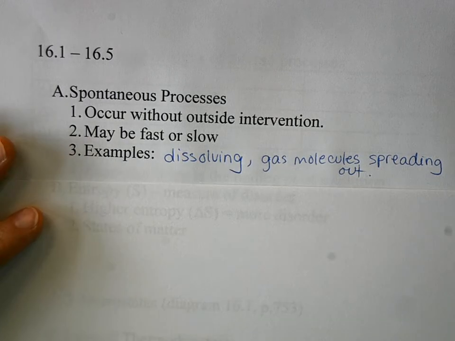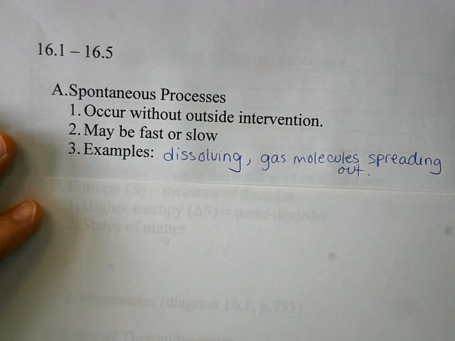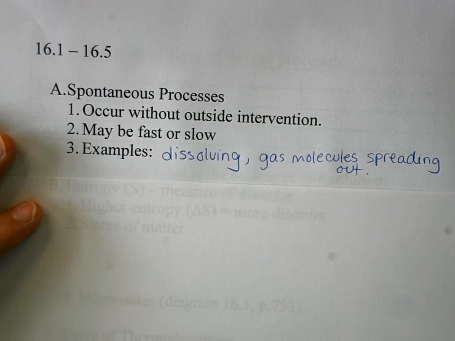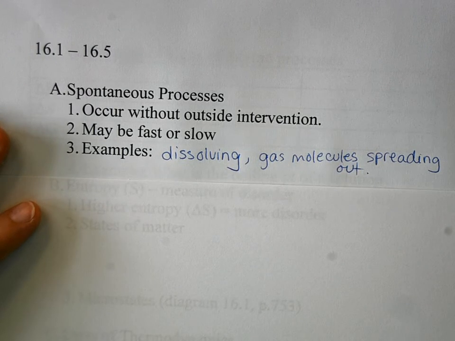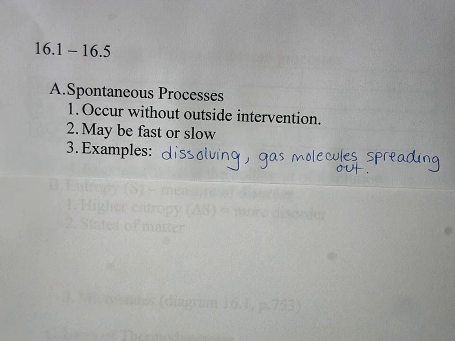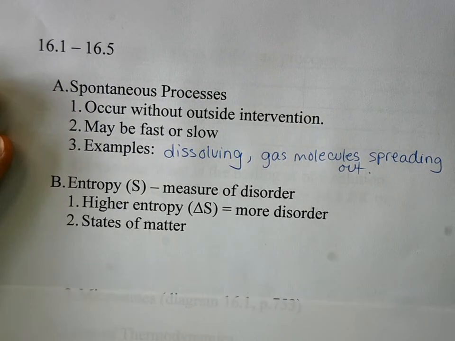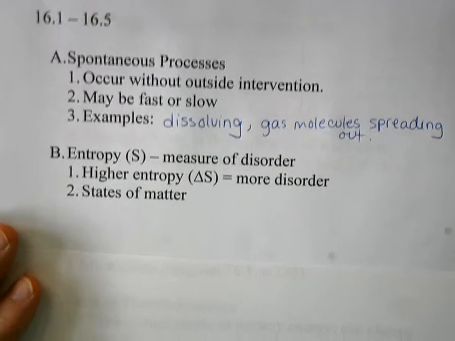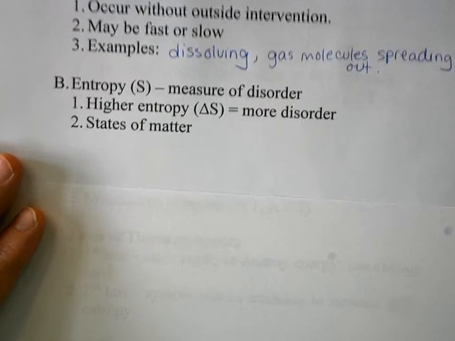Okay, that idea is simple enough. And so looking through these different processes that we're going to see, we're going to figure out if they are spontaneous processes or not based on different properties. One that we've already seen, delta H, the enthalpy, and then a new one, which is called entropy, and abbreviated with the letter S.